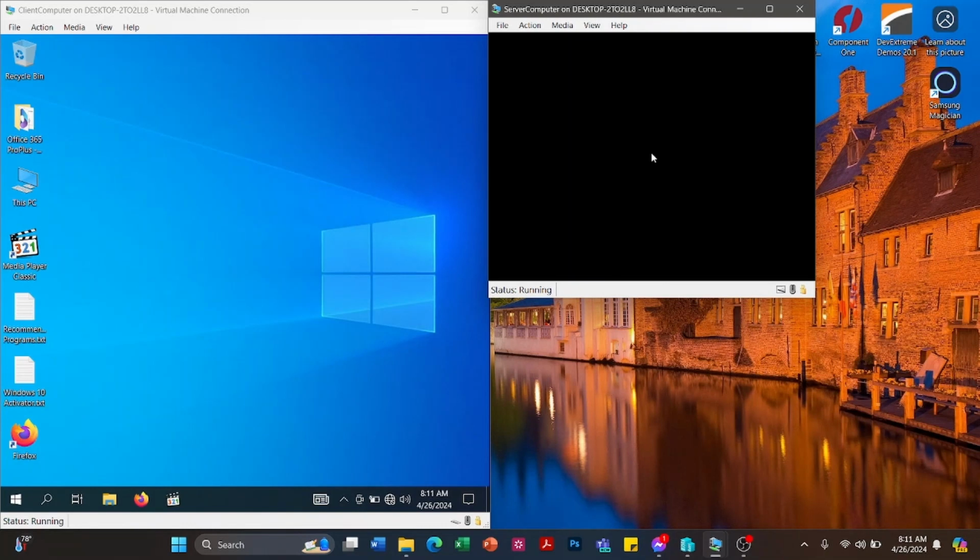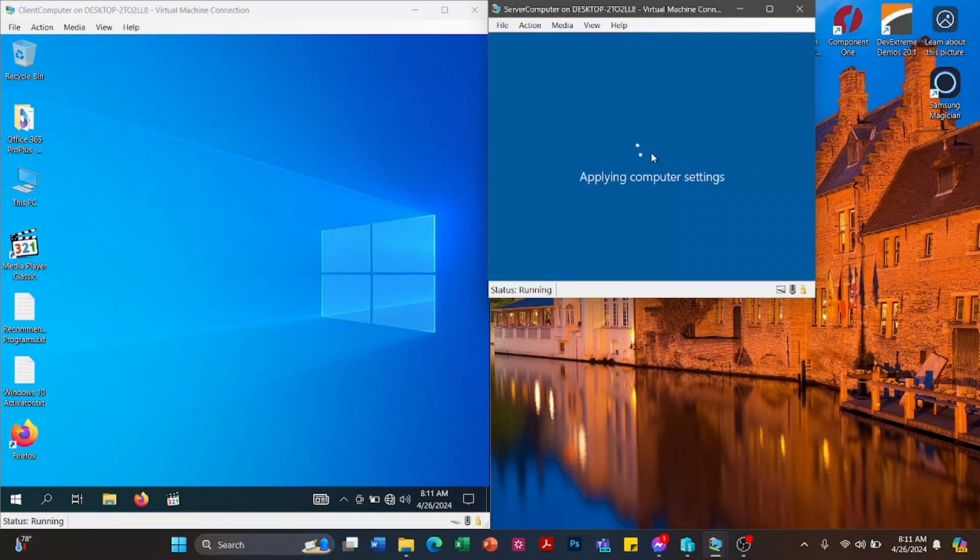Okay, so it's a good thing that we have Hyper-V. So our virtual machine runs smoothly even if we have two virtual machines running in a host computer.